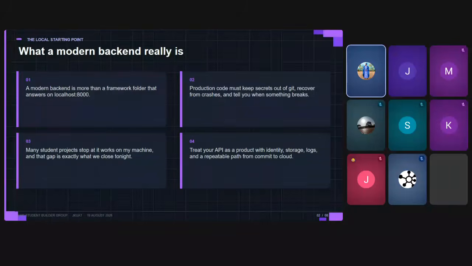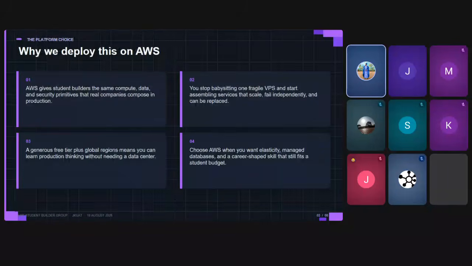Yeah. So again, why do we deploy on AWS? Let's be frank, AWS is not the only one that is there. We have also Google Cloud. We have independent companies like Railway and Vercel. We also have independent services like Oracle. Oracle is another good one, but today we are focusing on AWS.